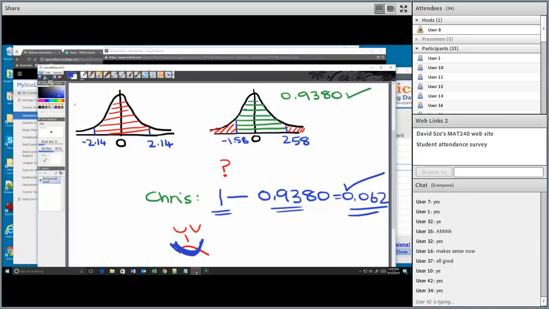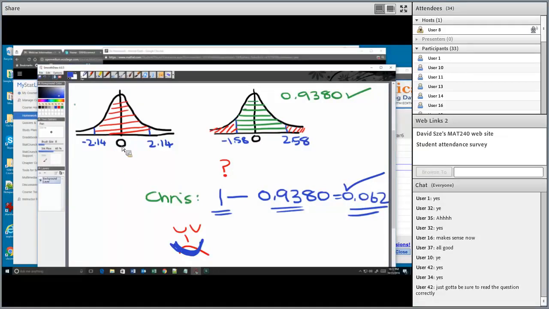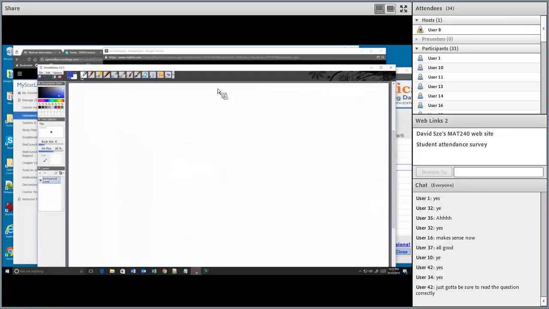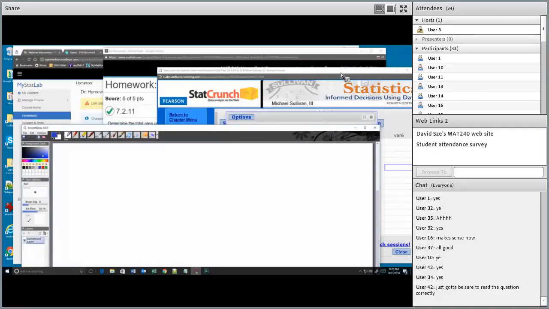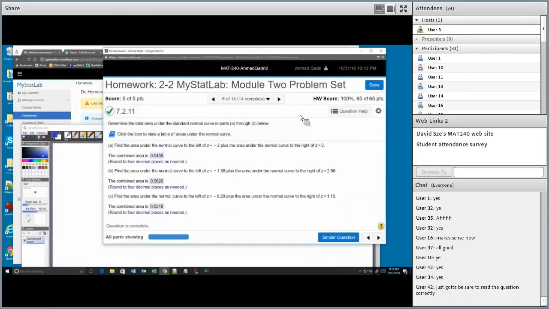Okay, now you know how it has to add up to 1. You can find the middle region, then subtract from 1 to find the edge cases. You can do any problems, whether the area is in the center or on the left side or on the right side, whatever. Just gotta read the question. Don't do the mistake that I just did. Okay, and then the others are pretty much the same.